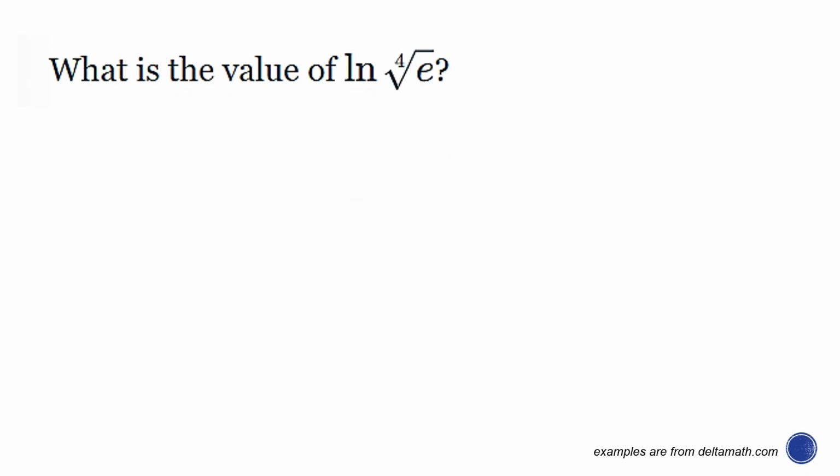Okay, so we have an ln here. So natural logarithm rather. If we have a natural logarithm like this one, let me just write the problem first. ln the fourth root of e equals x. So this is the same as